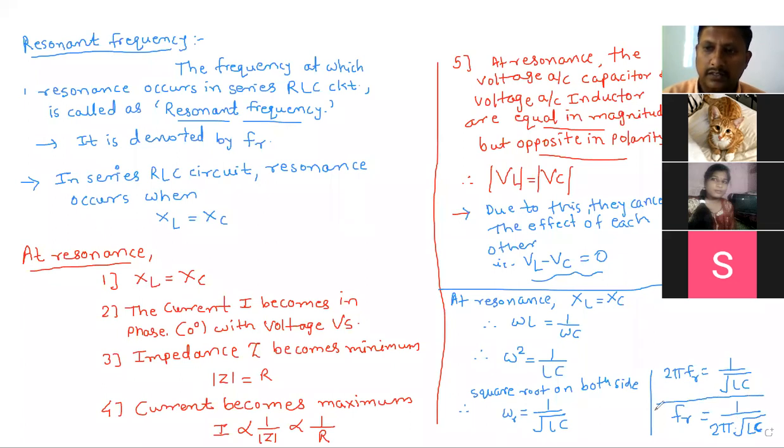Okay, you can understand this one. So FR is equal to 1 upon 2 pi into under root LC. This equation you can give equation number 4. So what are you going to understand from this equation about resonance frequency? What are the things you understand? Resonance frequency depends on which factor? Tell from the formula. What does the resonance frequency depend on?